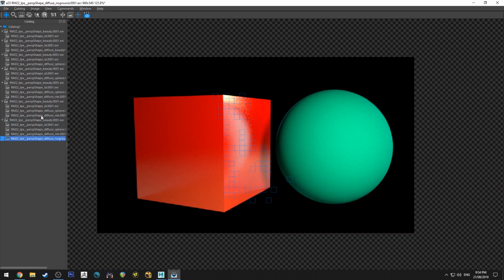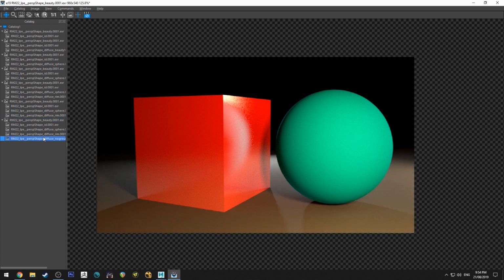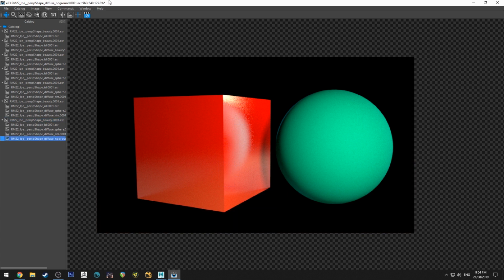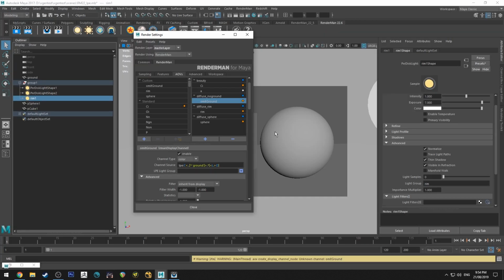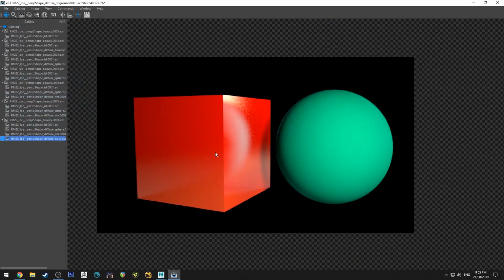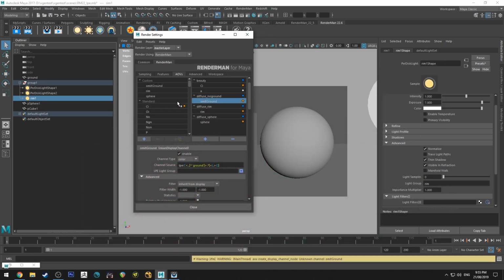And if you compare the beauty to that pass, then you can see, hey, we are getting the reflection, but we're not getting it in the primary view. What if we wanted to do the same render as this without the ground, but just the objects, but we don't want to see the reflection? So we can do a separate IPR for that, a separate LPE for that as well.